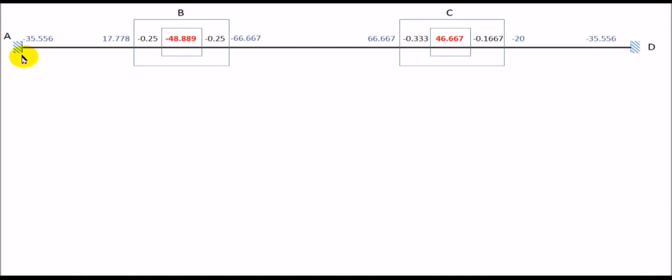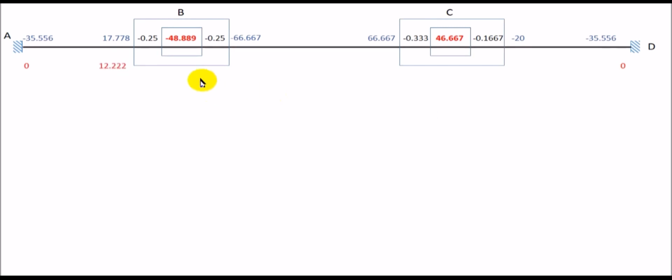So as you can see here, this is our Kani's box. That is the first step that we had made. Now we have to follow the first iteration. The first iteration is basically we have to write 0 and 0 at the fixed ends, that is at the end joints where the iteration value is always 0. Okay, this is our first step.